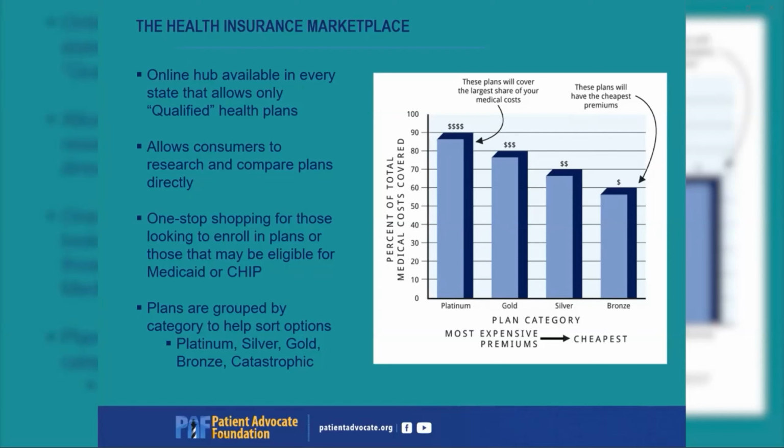All the insurance products offered in the marketplace are going to be broken down into 4 categories. So the plans will either be bronze, silver, gold, or platinum. And the bronze plans are most often going to be the cheapest in terms of the monthly premium you'll pay, but it is designed to only cover 60% or so of covered medical expenses up to that out-of-pocket maximum. The silver level plans will cover about 70% of covered medical expenses. Gold will cover 80%, and platinum plans will cover approximately 90% and above of covered medical services up to that